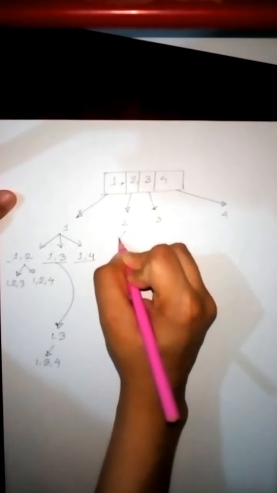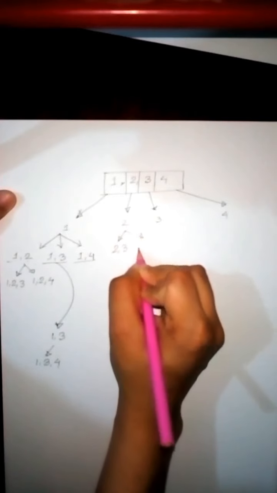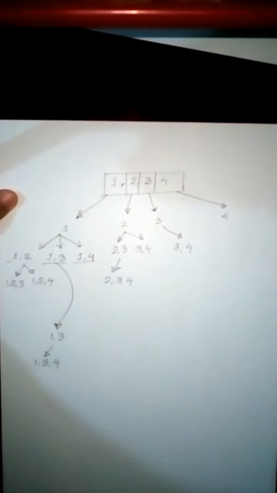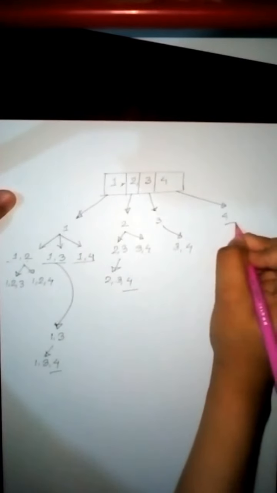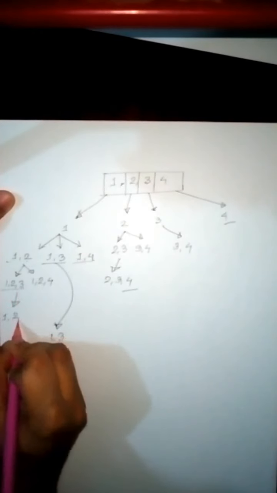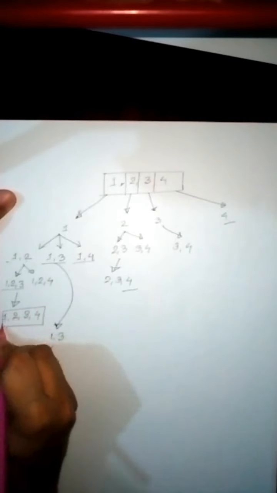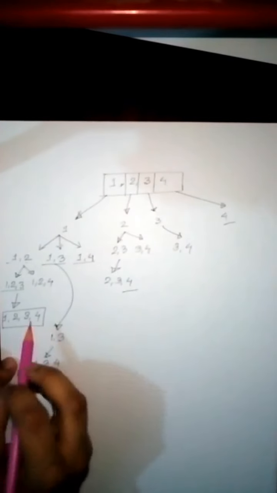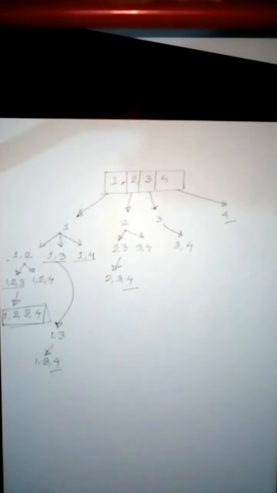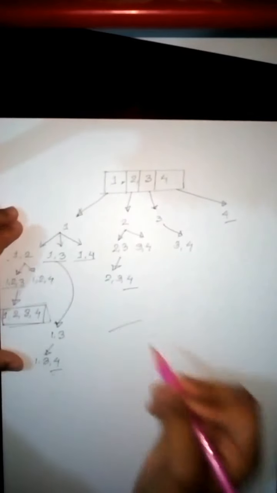Then again this 2 will turn into 2 3, and this 3 4. 3 will only go to 3 4, and in this iteration there will be another value 2 3 4. And after this 1 3 4, it will stop here, and it will get nothing. Then, after that, in this iteration, it will reach the maximum size of the combination, and we get the largest combination, which is 1 2 3 and 4. And that's how this code works. Thank you.